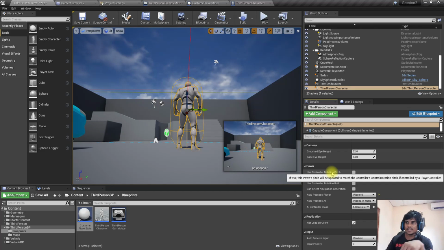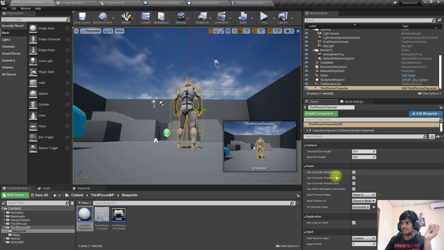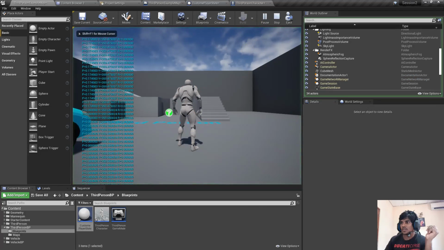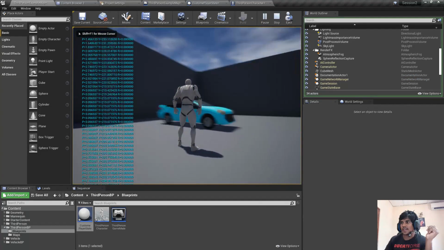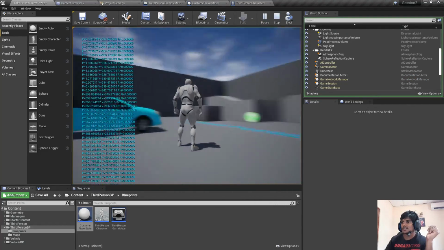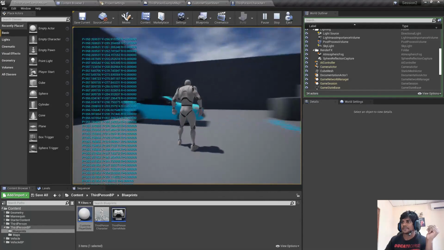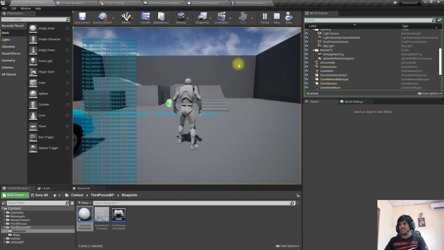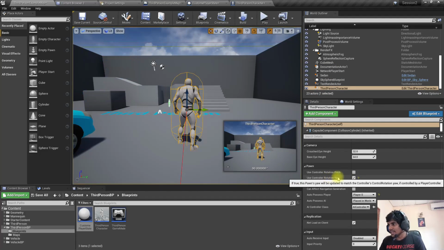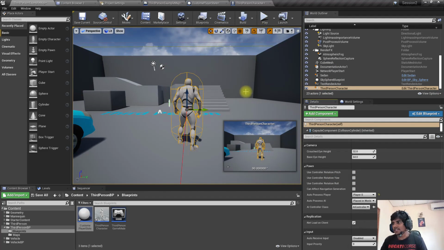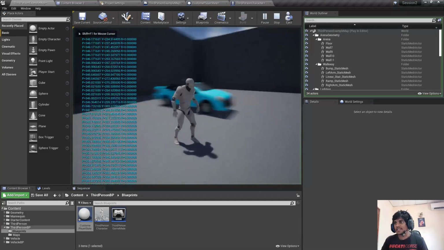So for a first person character, that is useful. For a third person character, it doesn't make much sense. And if I enable this use control rotation yaw, now without moving, as I look to the left or right, you can see the character is also rotating. So we can use these options, but again for a third person character that's not suitable